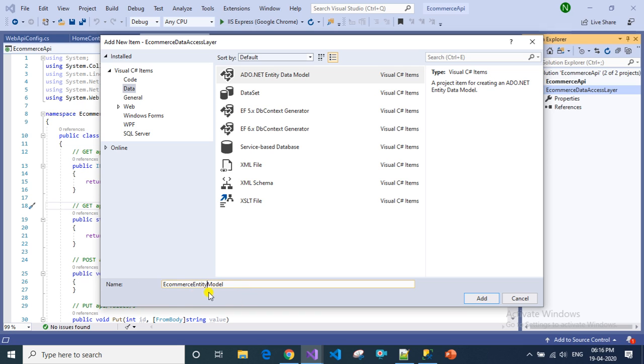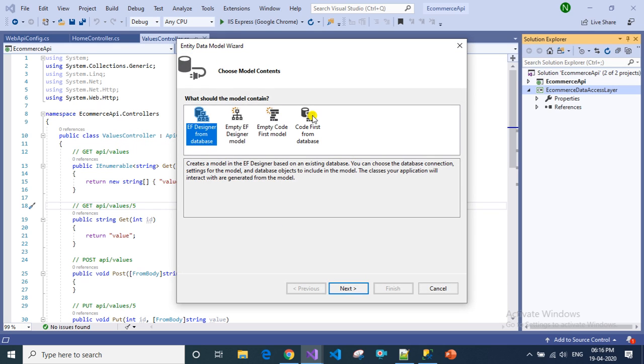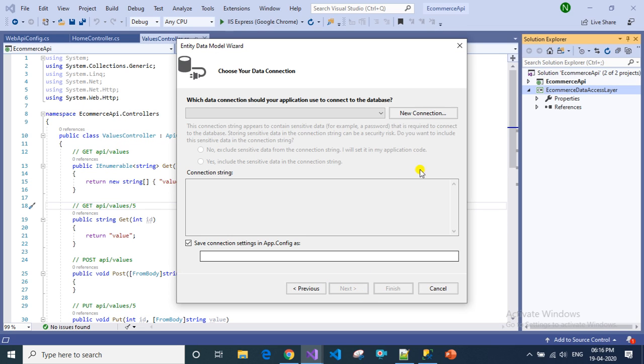I'm changing the name to e-commerce entity model and clicking add. We have to select EF designer from database and click on next. And we have to create a new connection.